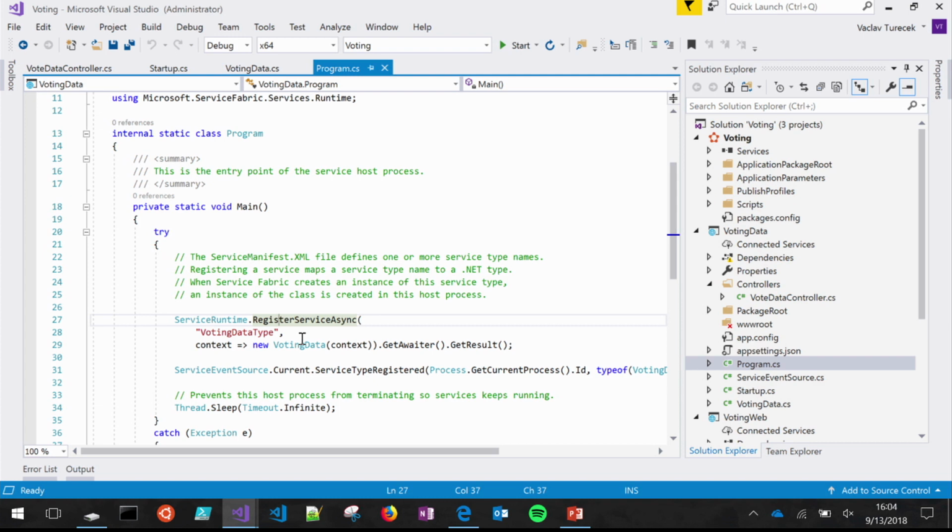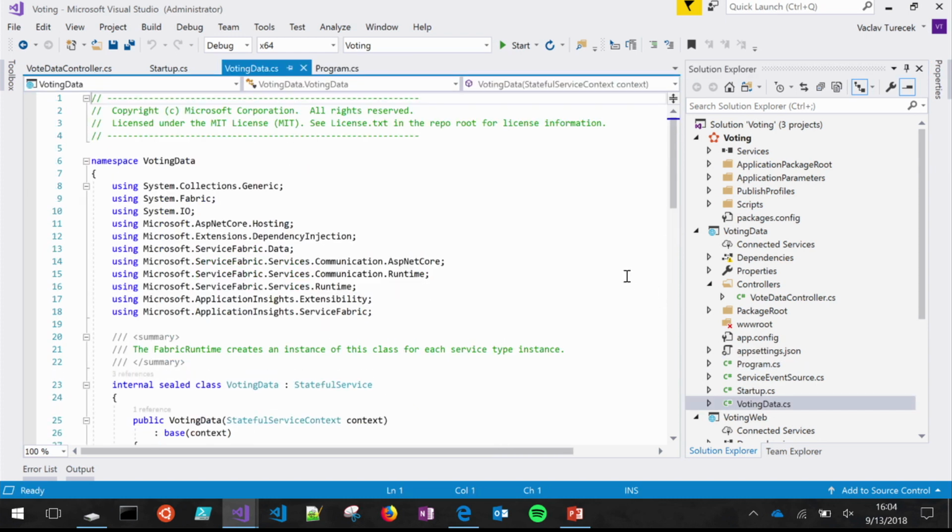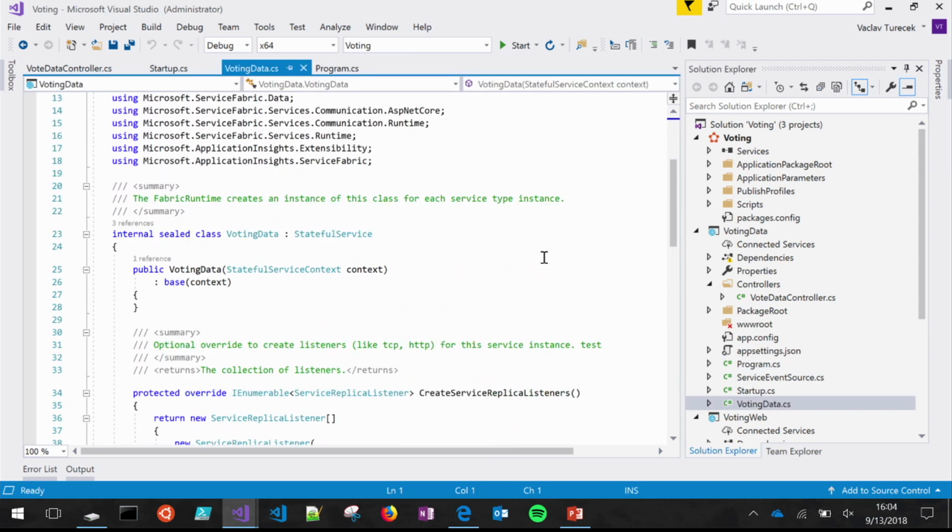This host process can run this service type, and you can instantiate it in here. Once you've done that step, then you can move on to the actual service class itself, which is what we see here. This is a class that inherits our stateful service base class, and again, this is another Service Fabric concept. Every time you create an instance of this service, it's going to instantiate an instance of this voting data class, this service class, inside that host process,